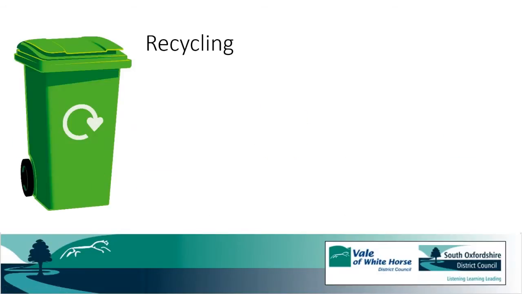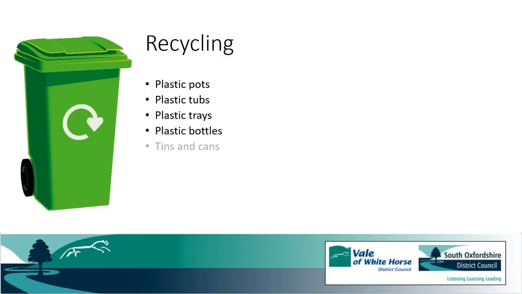Okay, so now we're just going to cover what goes into each of your bins. So we'll start with the green bin, your recycling bin. And into that bin you can put plastic pots, so that's yogurt pots or sauce pots, plastic tubs, so ice cream tubs, margarine tubs, plastic trays, so fruit and meat trays of any colour, even black, plastic bottles, drinks bottles, milk bottles, shampoo bottles and cleaning product bottles, aluminium and steel tins and cans,